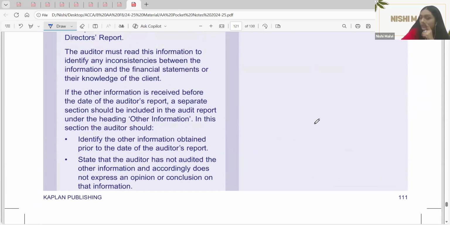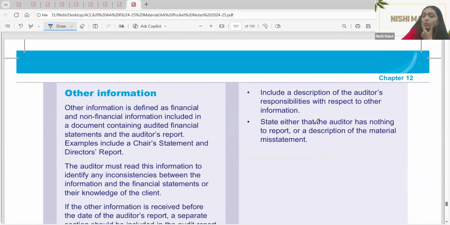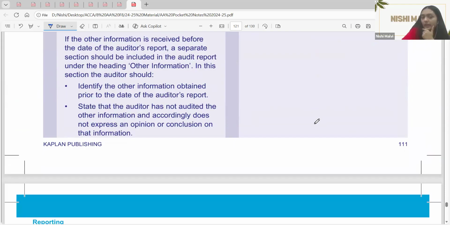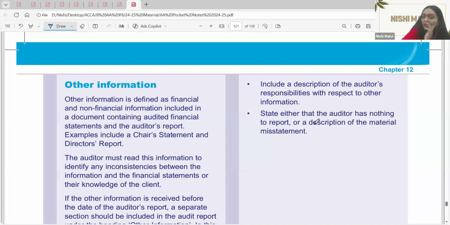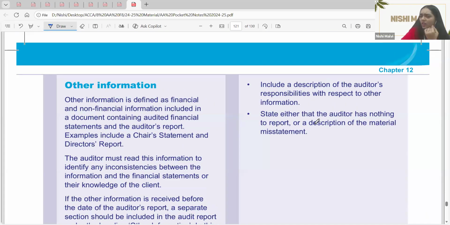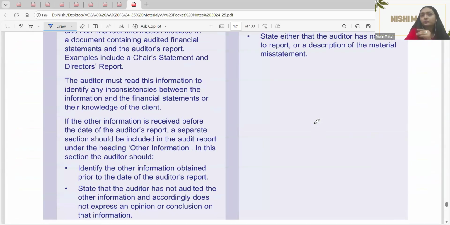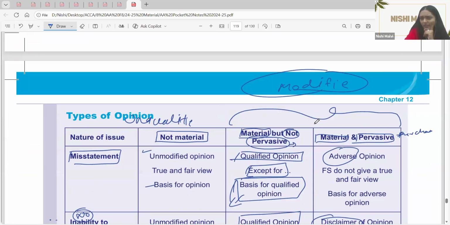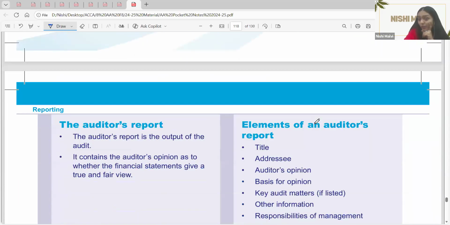फिर अदर इन्फॉर्मेशन में चेक स्टेटमेंट, स्टेट द ऑडिटर हैज नॉट ऑडिटेड। अदर इन्फॉर्मेशन में ये भी बोलेंगे कि उन्होंने अदर इन्फॉर्मेशन नहीं ऑडिट करी है, उसे कंसिडर नहीं करा है। डिस्क्रिप्शन ऑफ ऑडिटर रिस्पॉन्सिबिलिटी, स्टेट दैट ऑडिटर हैज नथिंग टू रिपोर्ट, इन केस ऑफ मटेरियल मिसस्टेटमेंट, एवरीथिंग विल बी रिपोर्टेड, ओके।